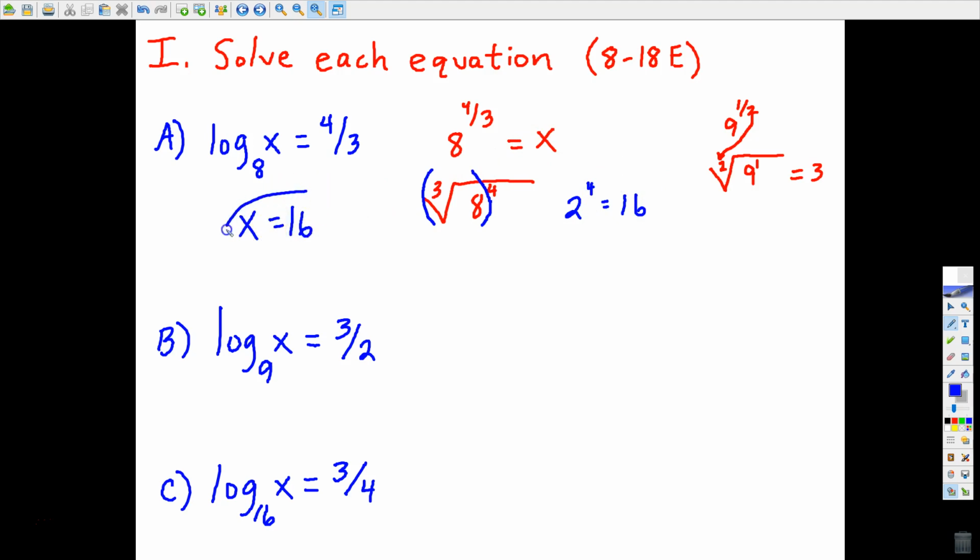Something to keep in mind, and we've talked about this a little bit, but I want to remind you and then give you something else to think about. The number that you find here for x cannot be a negative number. We've already mentioned that it's impossible to evaluate the log of anything negative. That's also true about 0. That really hasn't come up very much yet, but just think about it. If I gave you log base 7 of